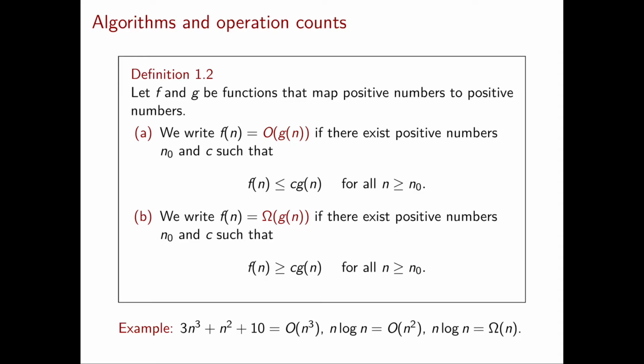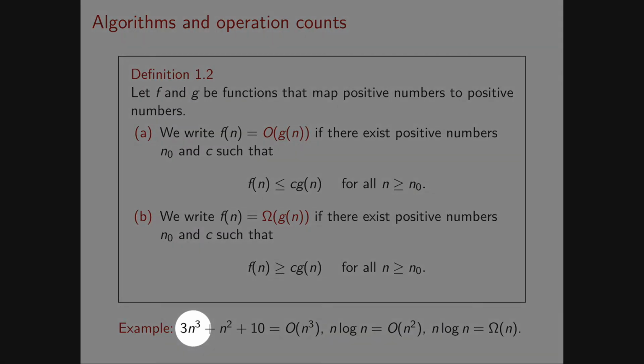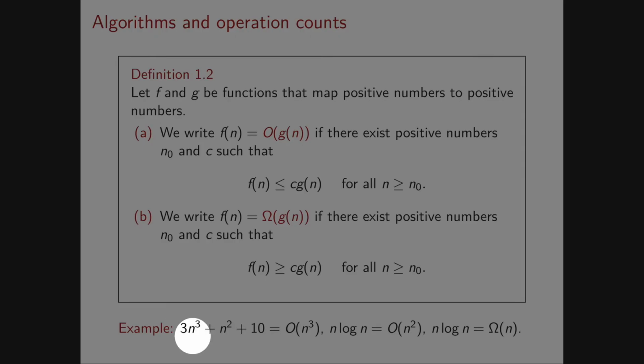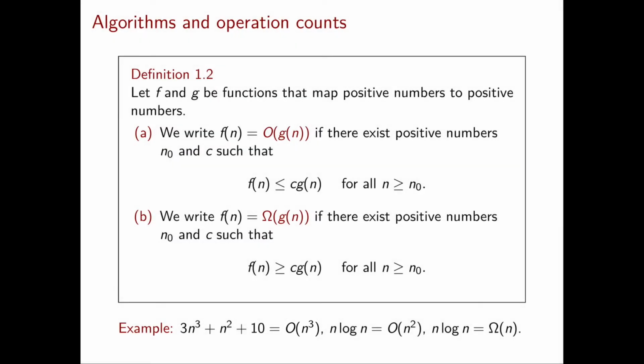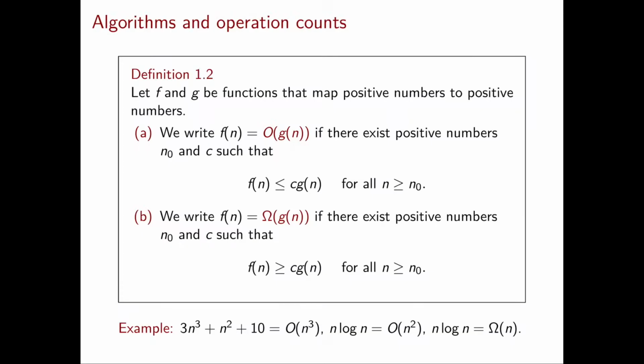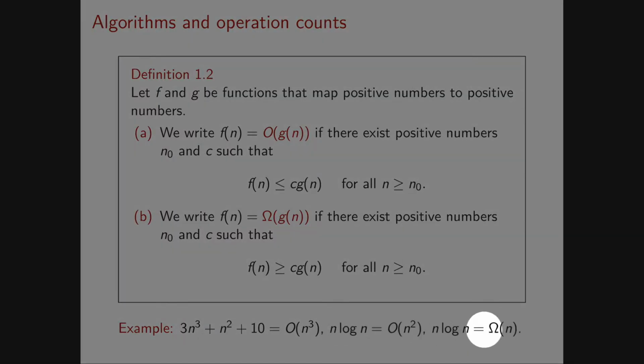If your function f is a polynomial function, like in the first example here, then it is very easy to obtain the corresponding g function. In fact, you only need to pick the monomial of the highest degree, in this case 3n cubed, and drop the constant. In this case, you obtain exactly n cubed, which is your function g. As an exercise, you can prove that this procedure always gives you the function g of n, such that the original function f is big O and big omega of that g. Another simple trick is that log n is always big O of n and big omega of a constant. Once you have shown that this rule holds, then you immediately obtain that these two examples are correct.